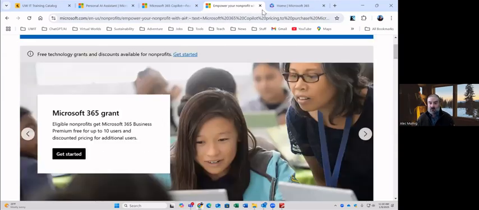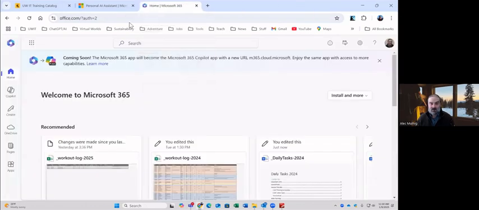So without further ado, let me close some of these links here and talk about where Copilot is. Now we're going to see Copilot is this symbol right here. So I'm in my Office 365 cloud right now, and you'll see there's Copilot. You'll see I'm in Windows 11. There's Copilot down here. So wherever you see this emblem is where you can access your artificial intelligence assistant.